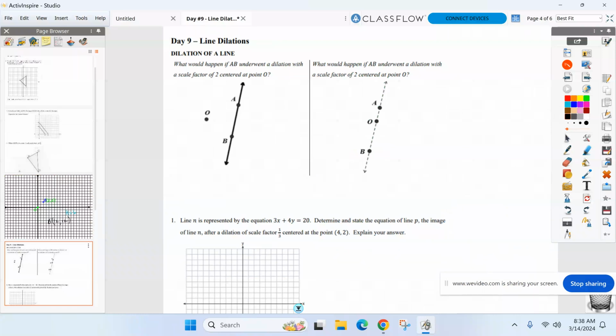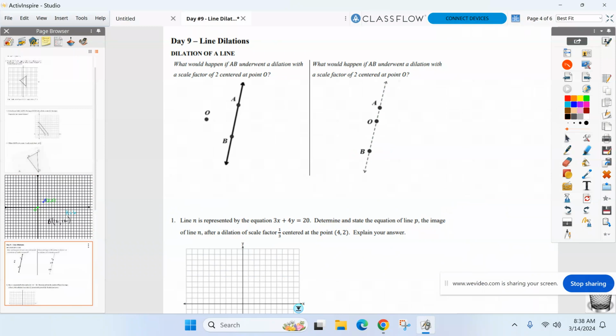All right, well, first, let's talk about that. We know when we dilate, figures get bigger or smaller. I hate to break this to you guys, but lines can't do that. This first one here where it says a scale factor of 2, that line cannot get bigger. It goes on forever. Lines can't get bigger, and they're sure not going to get smaller. They stay the same size. They go on forever. So what actually happens to my lines when I dilate if it can't get bigger